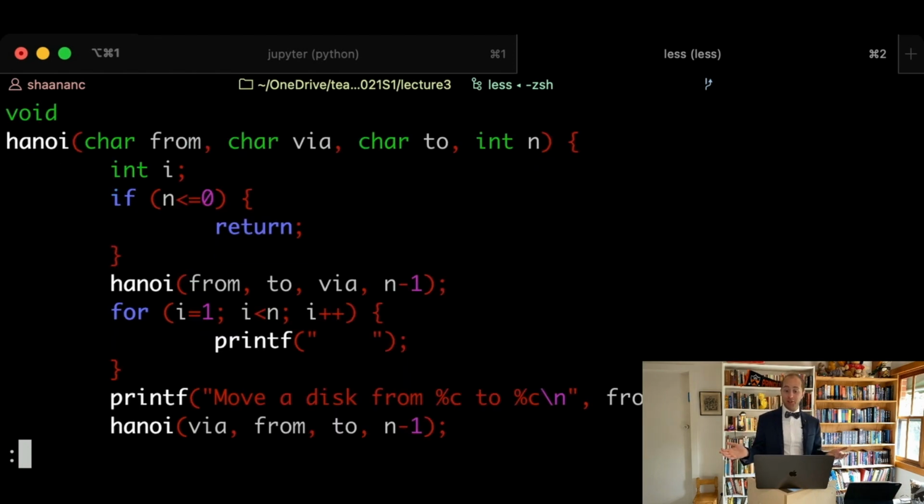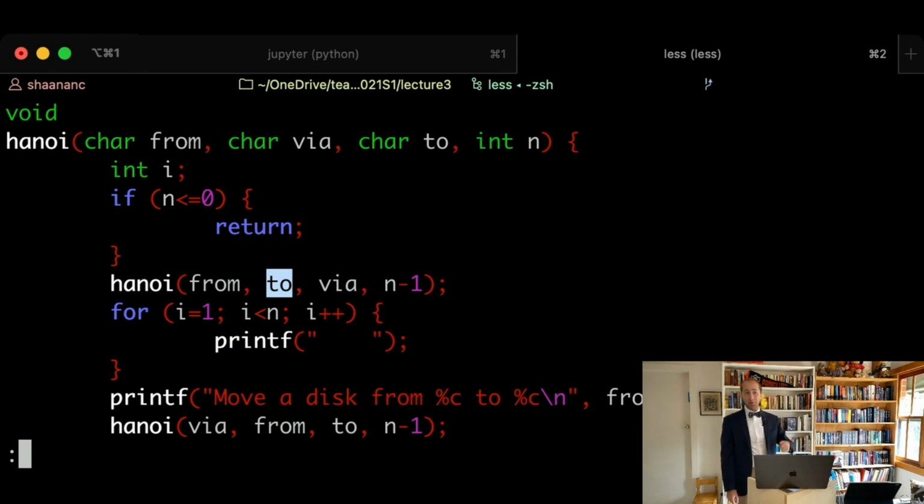So how do we solve the towers of Hanoi? Well, remember our strategy was to solve a subproblem that is one smaller, so n minus 1, and we're going to do it by moving one fewer number of disks from its starting point to one of the poles. But in this case, we're going to use the last pole as the spare one instead of the middle one,